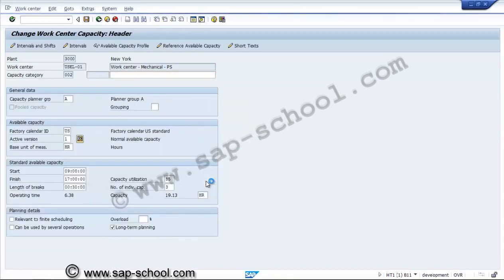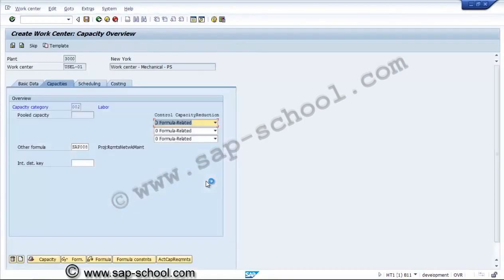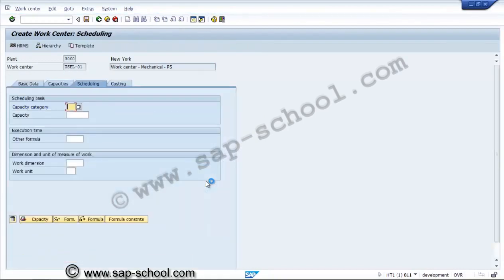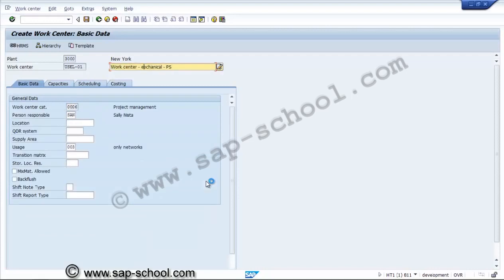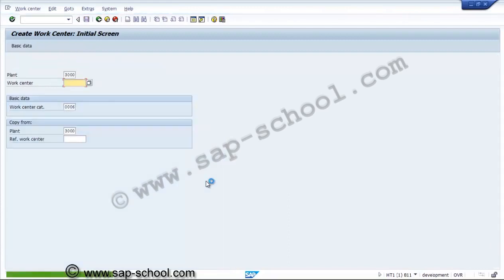Then we'll go to the scheduling part. This again to formula 4, and this is electrical. Save. So we have created the work centers for the network purpose.